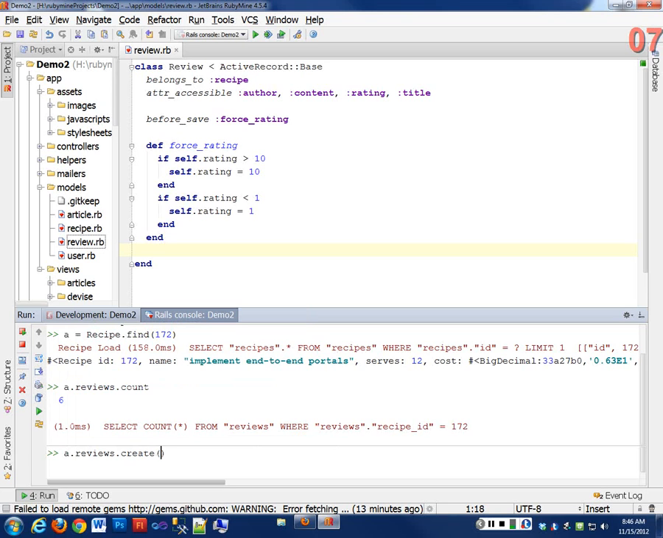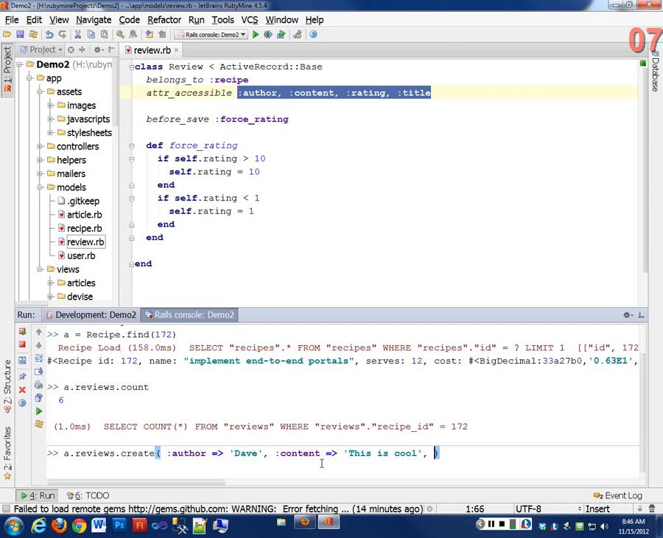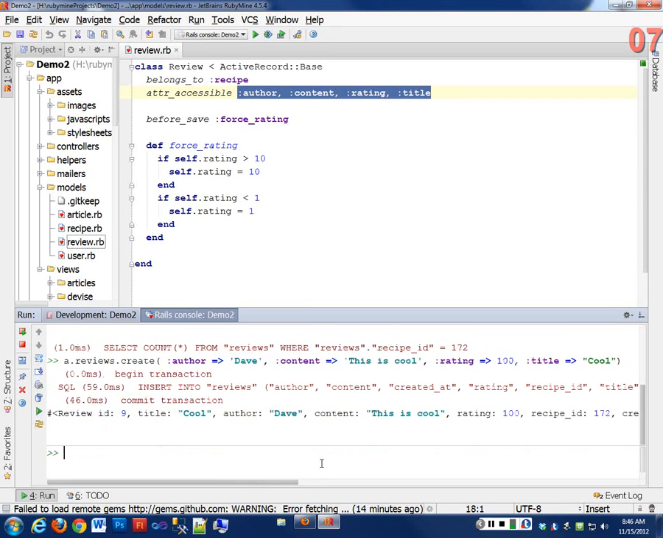Reviews.create. And I pass it some data. What do I have up here? These four values. So I need the author, which is going to be Dave. My content is going to be, this is cool. And my rating is going to be 100. And my title is going to be cool. All right? So if I try to do that,